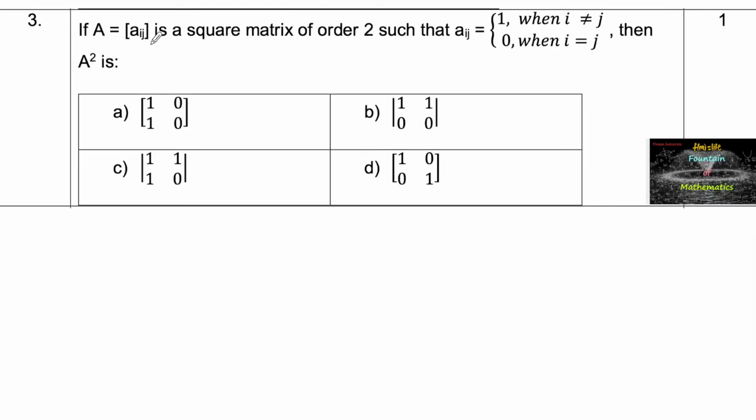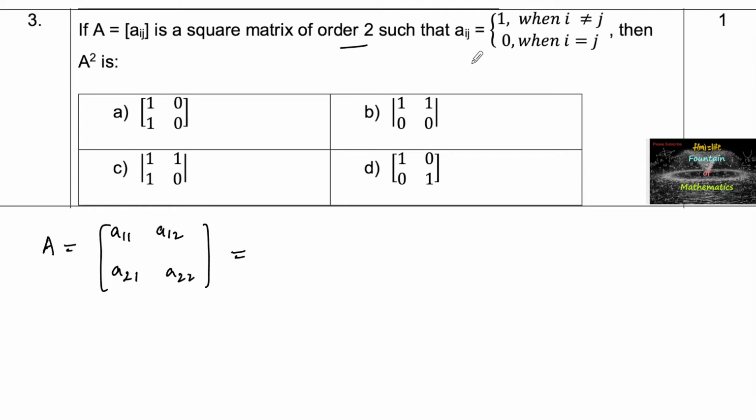If A is equal to matrix Aij is a square matrix of order 2 such that Aij is equal to 1 when i not equals to j and 0 when i is equal to j, then A square value is? Given, it's a second order matrix. Let us consider A is equal to A11, A12, A21, A22,